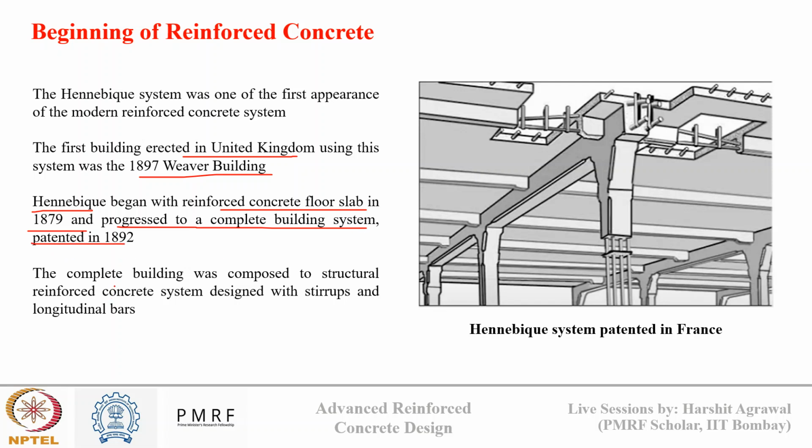And why do we say it is modern? Because the complete building was composed of structural reinforced concrete design, which included stirrups and longitudinal rebar, as you can see in the image. You can see there are longitudinal bars and stirrups, just like how we use them in present time. So that's why we say this was the beginning of reinforced concrete